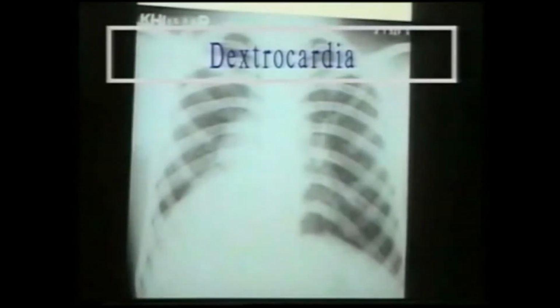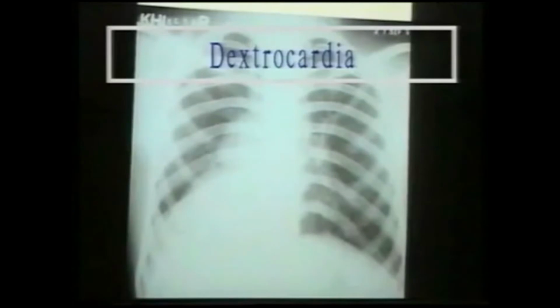Dextrocardia. When the main cardiac shadow lies to the right of the midline, dextrocardia should be suspected, provided that there is no significant lung lesion pushing or pulling the heart to the right side. In this X-ray, note that the heart shadow on the right is an absolute mirror image of a normal heart. This is dextrocardia. The apex of the heart is on the right side and the aortic knuckle is seen on